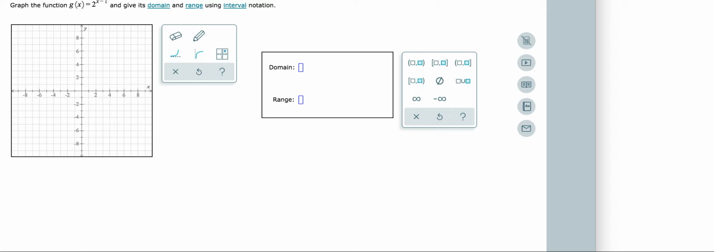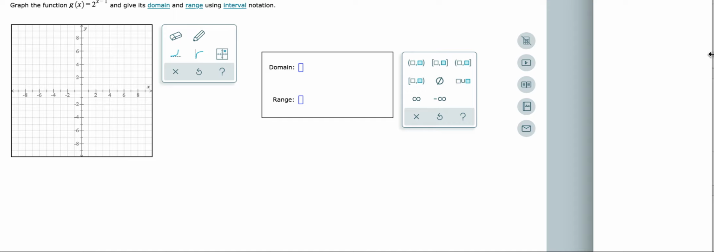Okay, so if we need to graph this function, g of x equals 2 to the x minus 1 power, it sounds like graphing using Alex might be the toughest part here. So the first thing we'll want to do is get an idea of what the graph will look like. What we can do is get some values that are going to be on the